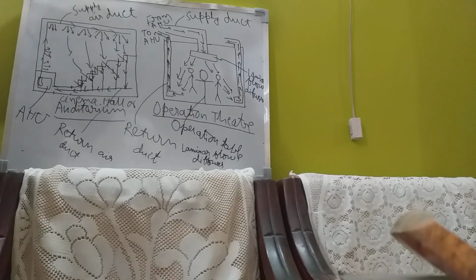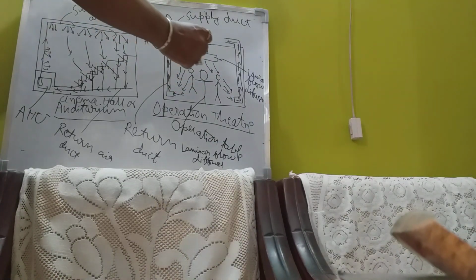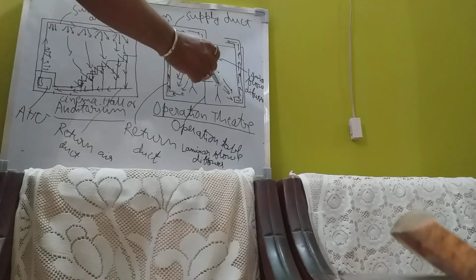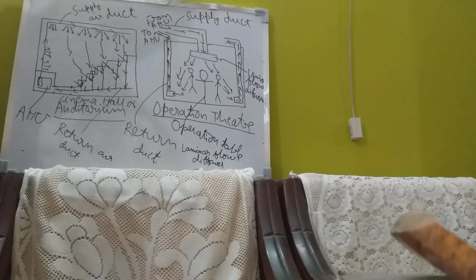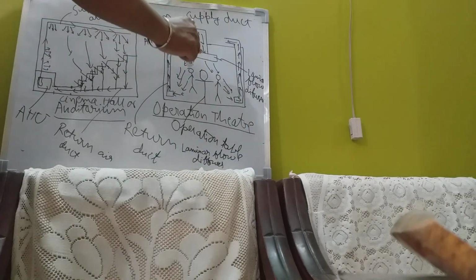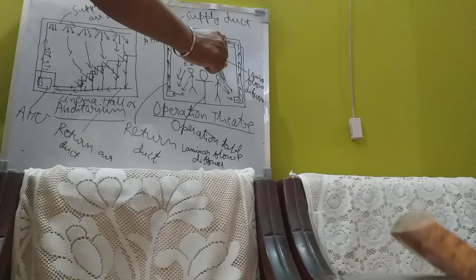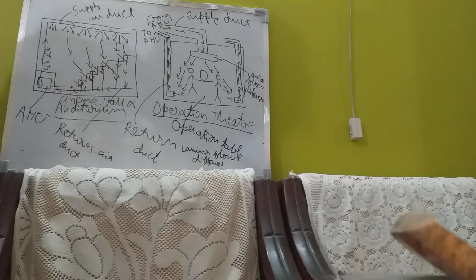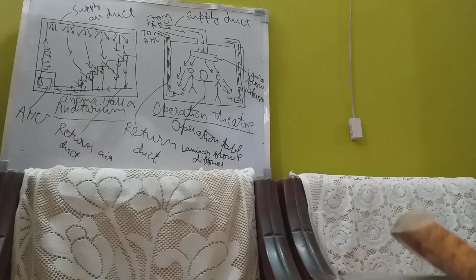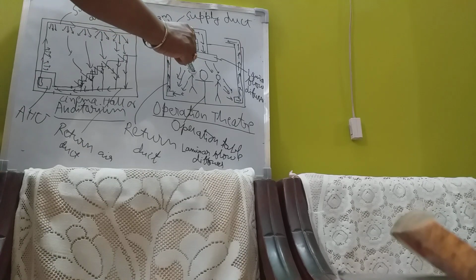When layer-wise flow happens, what happens? You see, here is the operation theatre and here is the patient, on the operation table. Here are the doctors and nurses on both sides. And here the air is being supplied continuously. This is supply air coming through this side, passing through the doctors, patients and the nurses. So what is happening? The laminar flow diffuser is doing a sweeping action. Sweeping is jharu dena. It takes a sweeping action, takes all the dust particles from the body of the patient